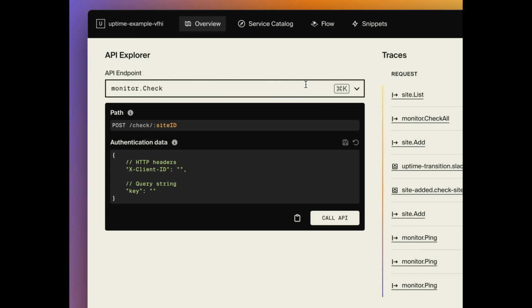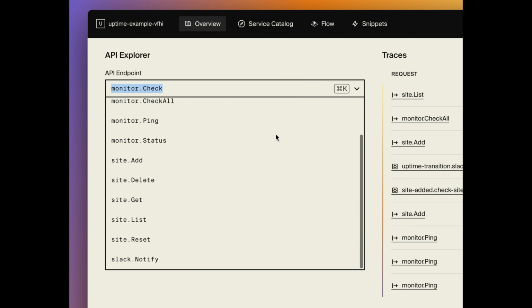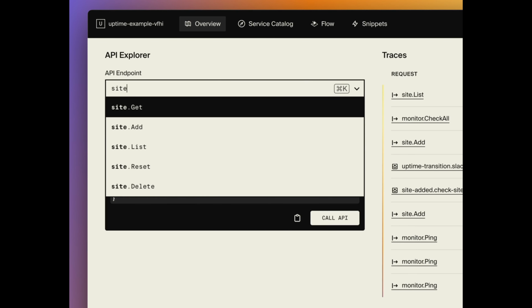In the API Explorer, you're able to make API calls to your backend, which is running locally. This is a way to quickly interact with your API for testing and debugging purposes. Here you're able to select an endpoint that you want to call, either by finding it in the list or